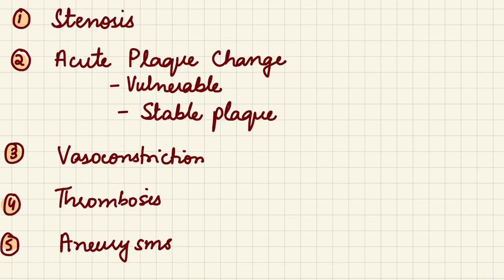Thrombosis, as I explained, occurs because due to the rupture of the plaque there will be local clotting, and that will cause thrombosis, and it can also dislodge from there and cause an embolus. Aneurysms will be formed because of the smooth muscle media degradation by the inflammatory cells. Once the media is thin, the muscle content will be low, and that area will become weak, and the high pressure of the blood will cause ballooning of the area, called an aneurysm.